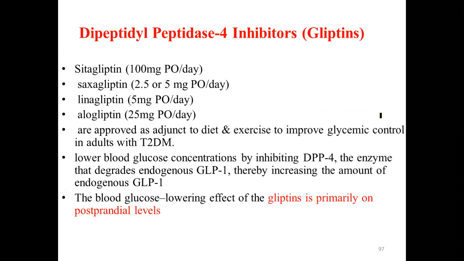The other class of drugs we are going to see is the DPP-4 inhibitors. They are known as gliptins. I think some of them are available locally. Maybe you can check with the local chemist about the availability of those drugs. Remember, the DPP enzyme is important for degradation of endogenous GLP-1, which is mostly released from the GIT. So GLP-1 is an endogenous incretin.